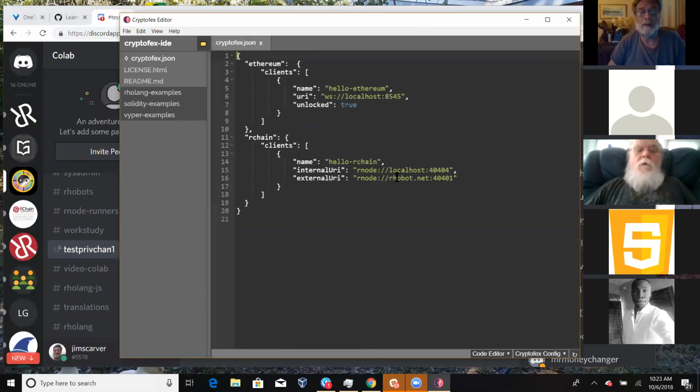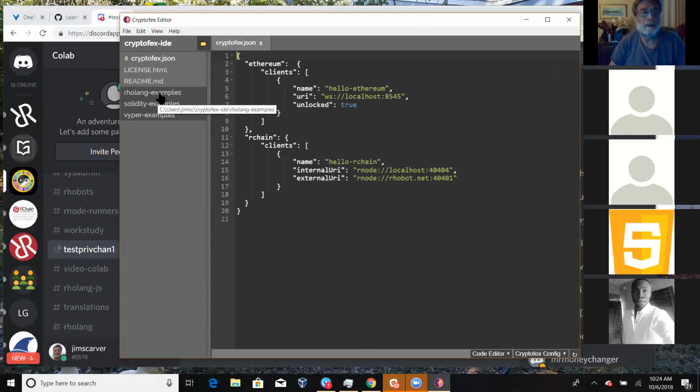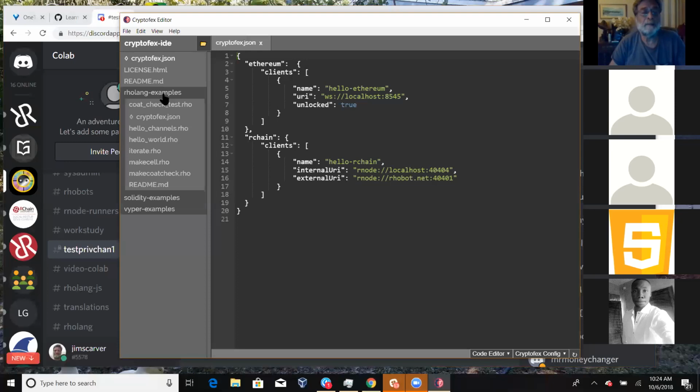Okay, so for the internal URI, we have the default localhost 40404, and for the external URI, I put robot.net. And so we go to rholang examples.